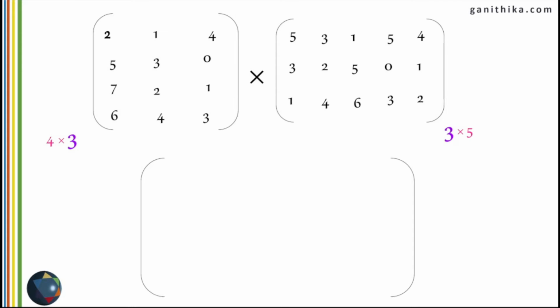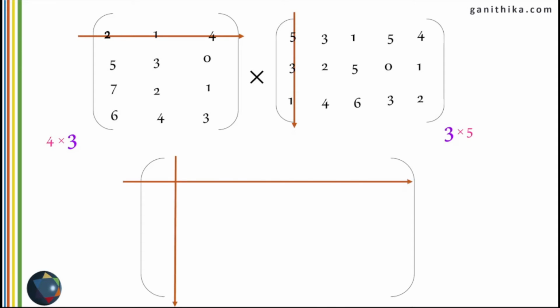So unless this matches, you cannot multiply the two matrices because you are going to multiply the row with the column. So multiplying the first row and first column will give you the first row, first column element of the answer matrix, which is going to be placed here. So how are we going to multiply the numbers now? The numbers are going to be multiplied in the corresponding positions. For example, 2 is multiplied with the corresponding position 5 from the first column, added to the second number from the row multiplied by the second number from the column, added to the third number from the row multiplied with the third number from the column.